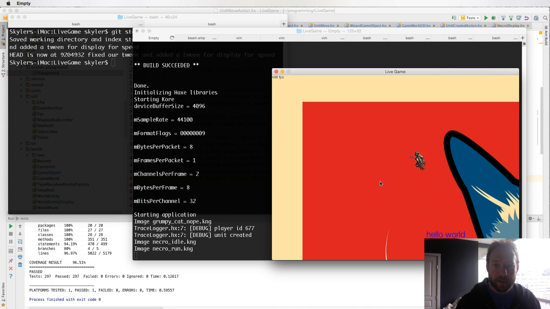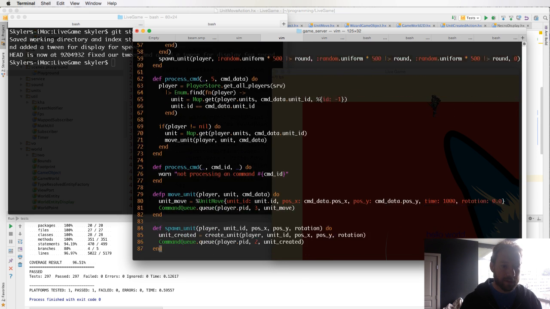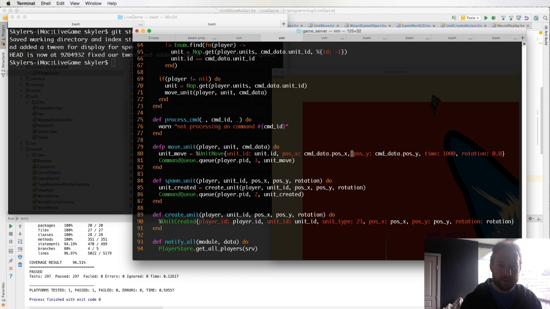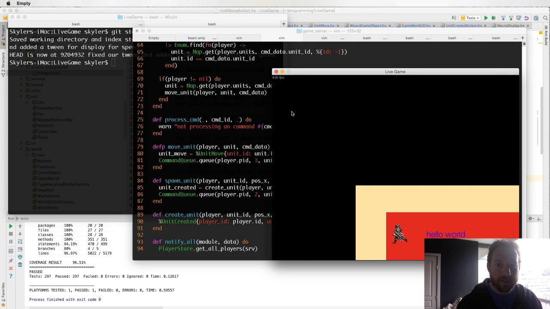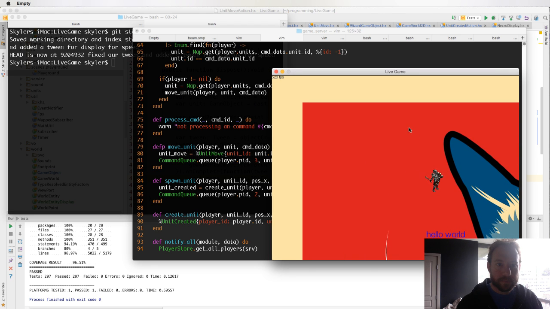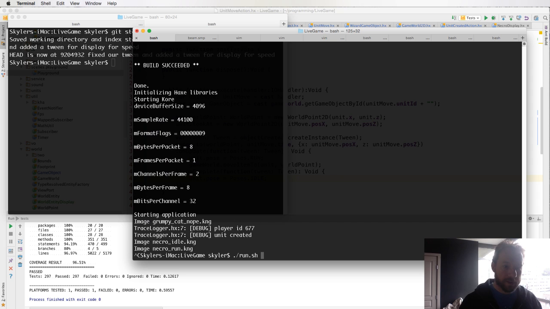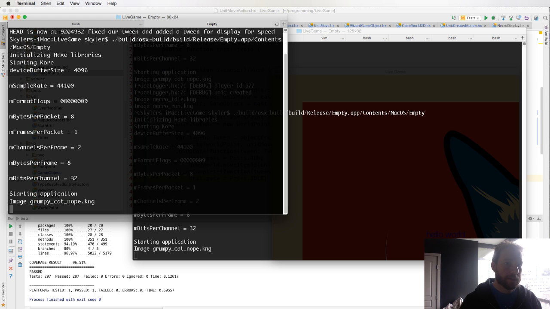So there he is. And as you see, depending on the distance he goes at a different speed. That's because on our unit move on our server side, we're telling the run to take 1 second to go to whatever distance. We'll eventually, probably tomorrow, fix that. Also, this doesn't make sense when we move off the map, because we're not getting the world points. So that's okay. And so what we're going to do is do one more run on this. We're going to do this one, and this one,